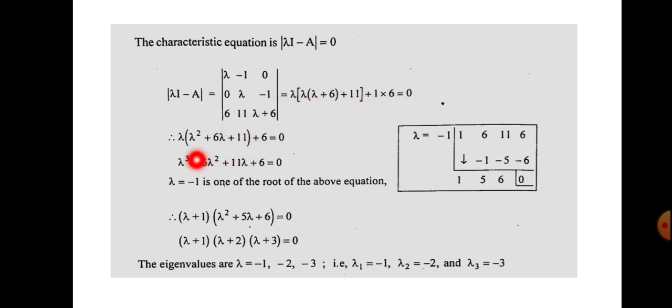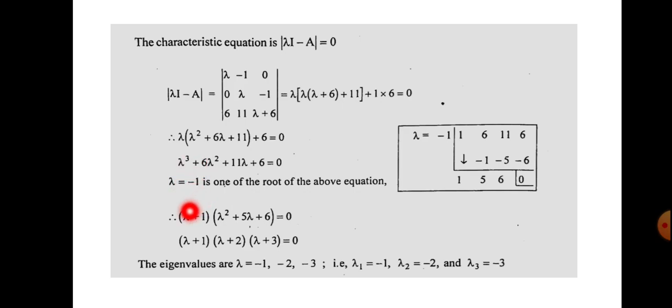Okay. So now you have got a third order equation. In this you want to find out the values of lambda, which are the eigenvalues. Here lambda will have 3 values. Since it is a third order equation, you will get the first root by simply putting in values by trial and error method. So starting from 0, 1, 2, etc., you can go on. You will get that for lambda equal to minus 1, this equation satisfies the condition. So lambda equal to minus 1 is a root. So lambda plus 1 is a factor.